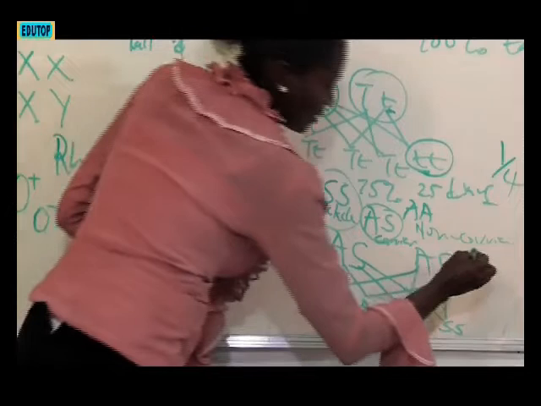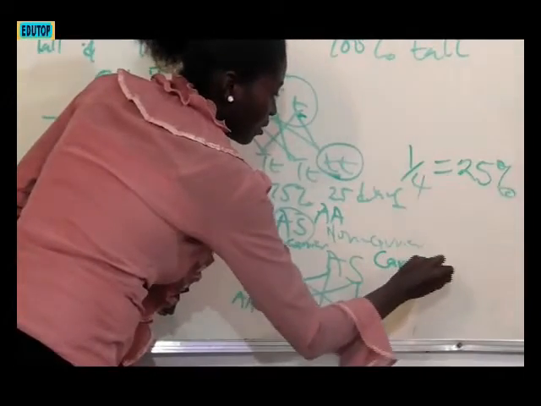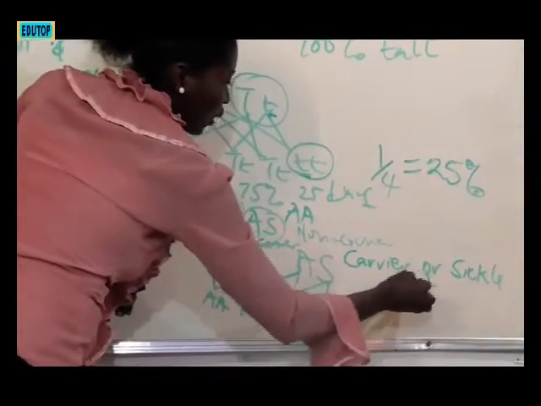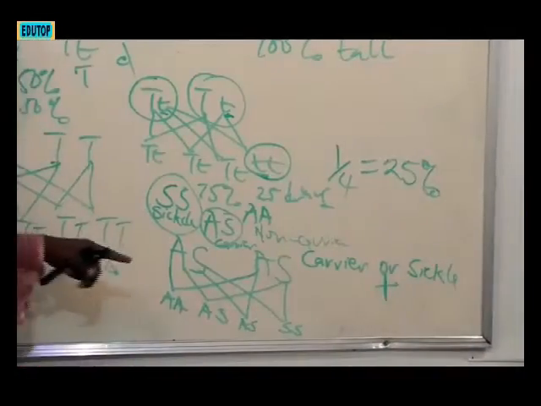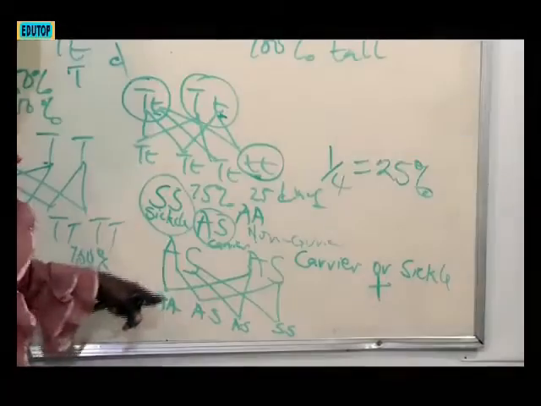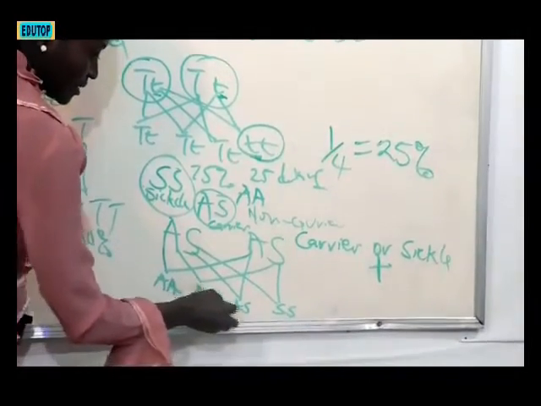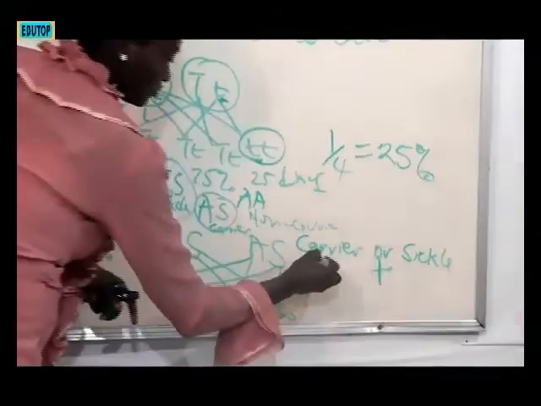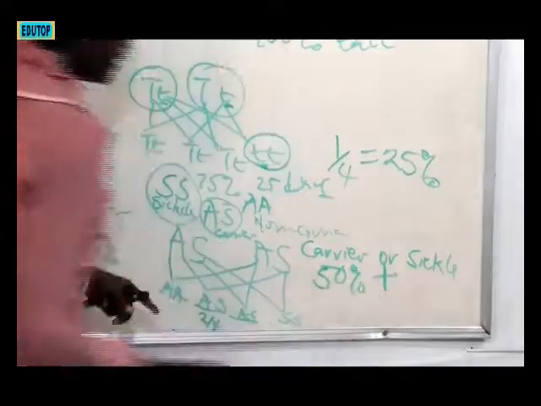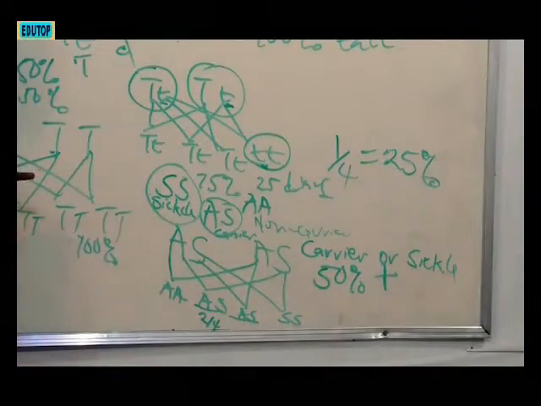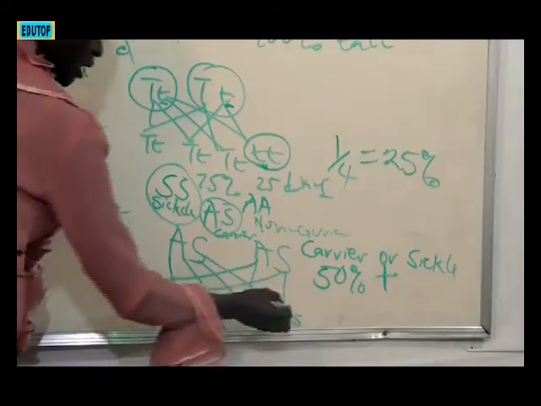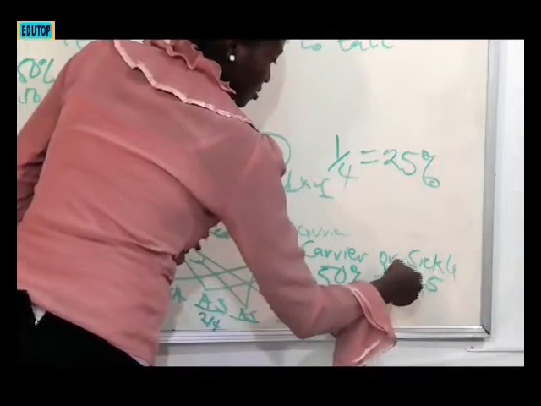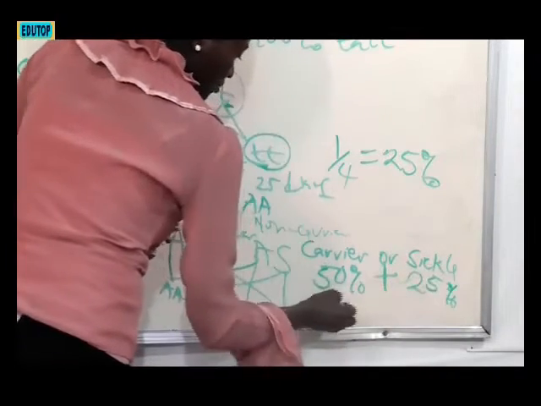So a carrier or sickle celler. This "or" is plus in mathematics. The percentage of a carrier, the carrier is this and this, so 2/4, that is 50%. Then the percentage of the offspring that has sickle cell is just 1/4, that is 25%. So 25 plus 50 will give us